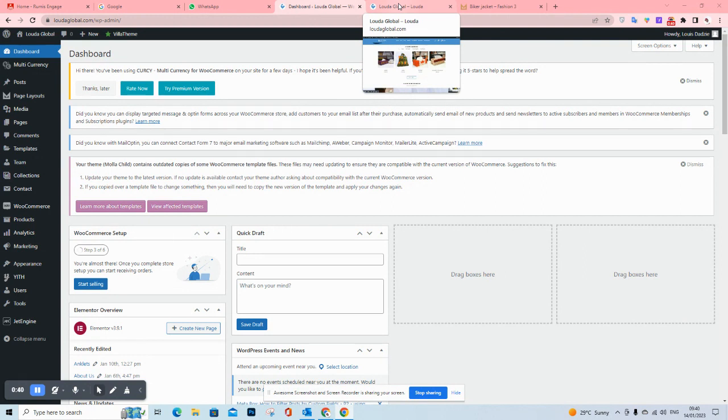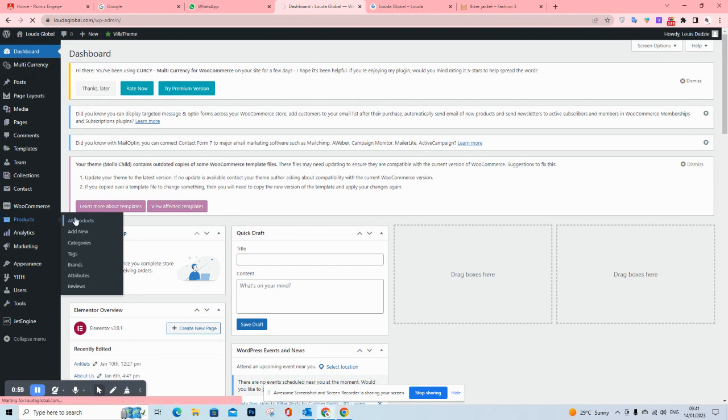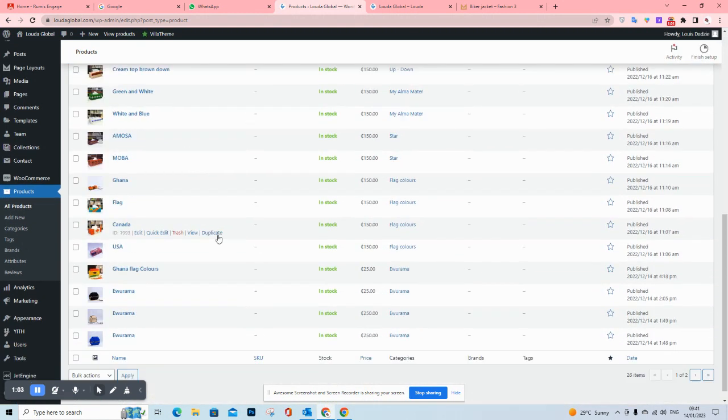So the first thing, let's start with uploading a product. If you want to upload a product, you will log into the back end of your website, and this is the back end of your website. Once you log in, you check for WooCommerce, and below WooCommerce we have Products. So you click on All Products. Once you click on All Products, you see all the products that have been